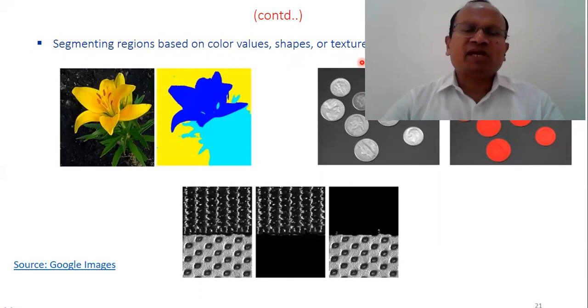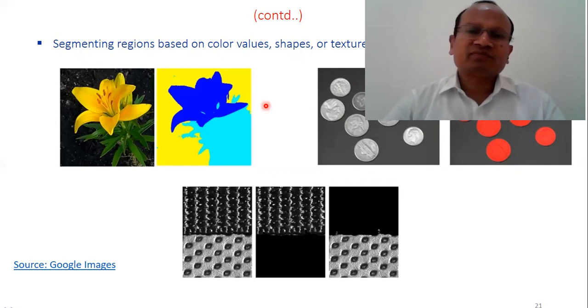If you see the second picture, this one, based on the shape, different shapes are representing different objects, and accordingly different colors can be assigned. Third one, texture.